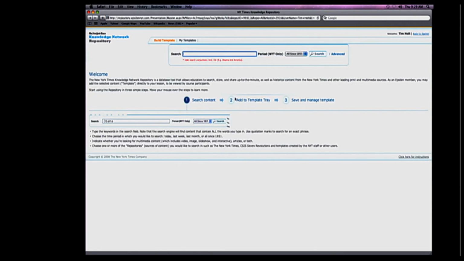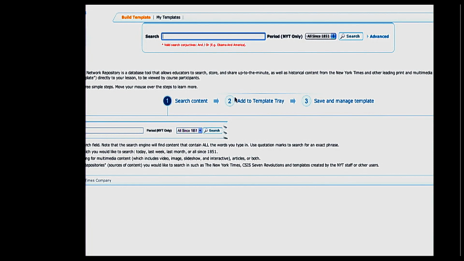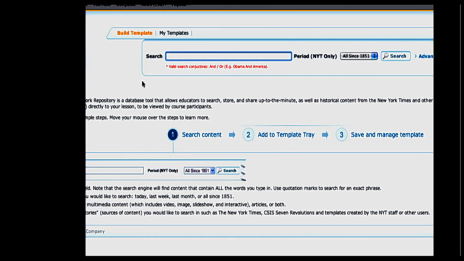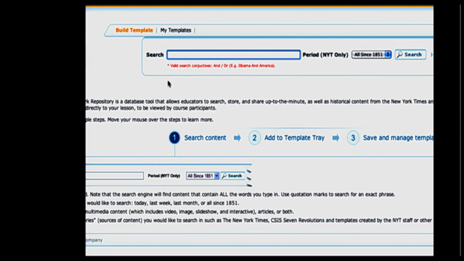And what pops up is a screen that's very similar to a Google screen. Up at the very top, it asks you, what are you searching for? What is it that you're interested in finding out about? Now, Epsilon, the company that owns Project Share, is actually partially owned by the New York Times.